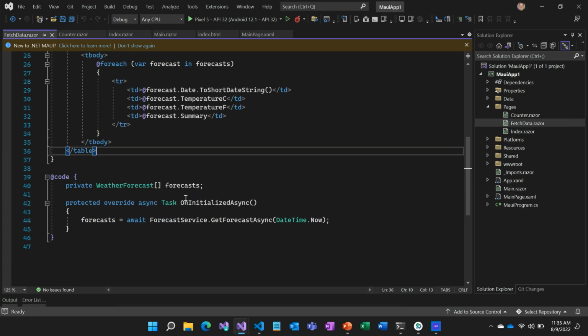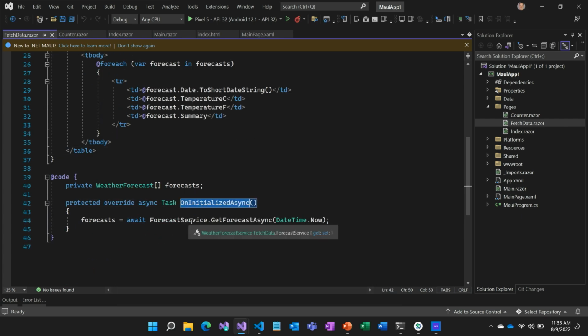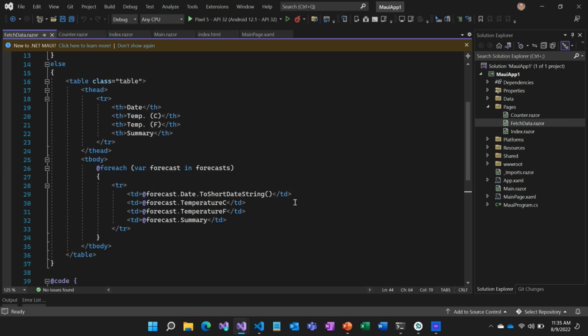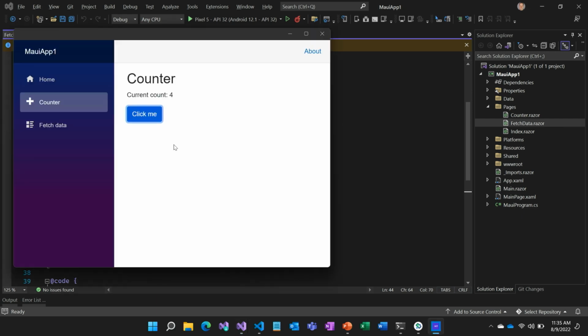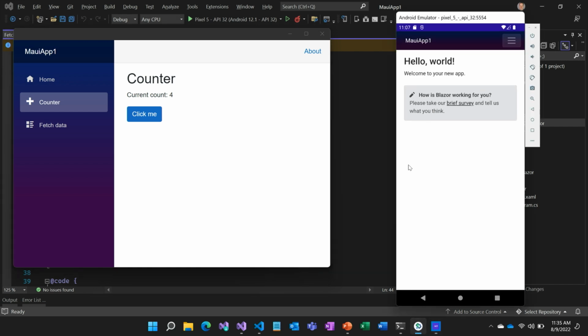And then at the bottom, we have the OnInitialized component lifecycle method. That's the first thing that runs for the component, and that's what actually retrieves the data from the weather forecast service so that the component can then render. So that's how we're getting Blazor inside of our .NET MAUI native client app for mobile and desktop.